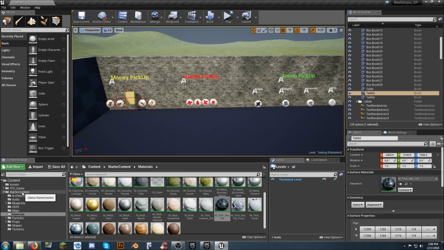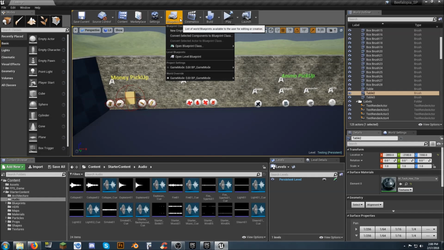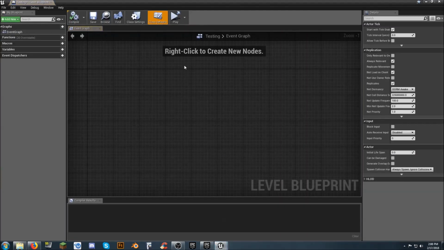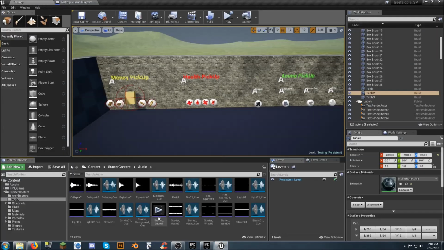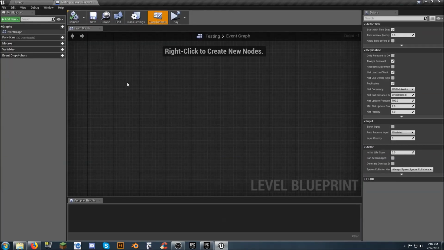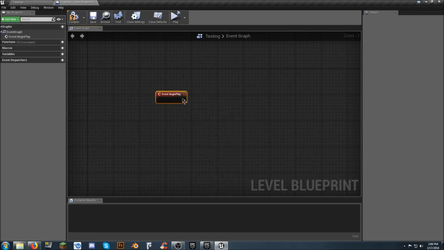And another thing that I would say you could probably do is if you look in the audio folder, you have your starter background cue. It's going to add wind, birds, and some background stuff. There's a couple ways to do it. I'm actually going to come into the blueprint for the level. There's really nothing in here at all to mess with, but I'm going to add something. I'm going to go ahead and left click on it here, and then I'm going to come in here, right click, event, begin, play